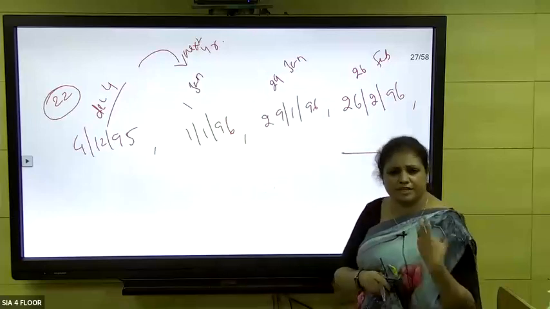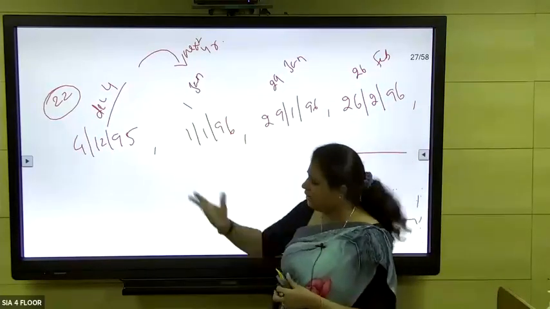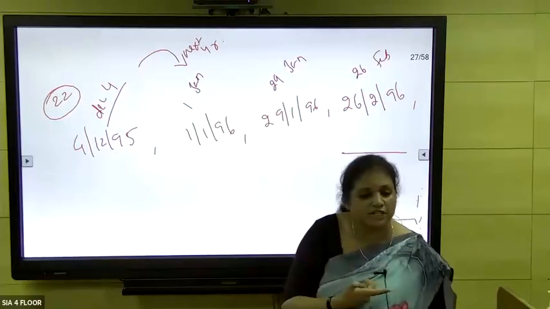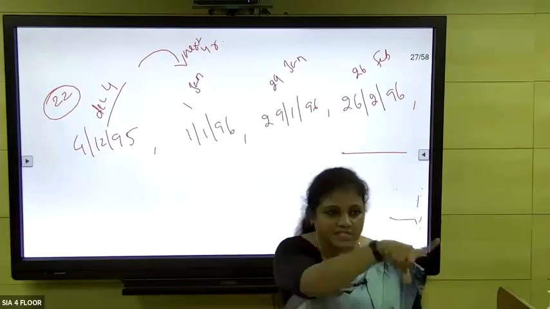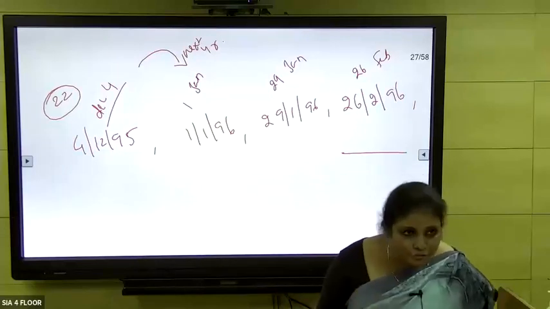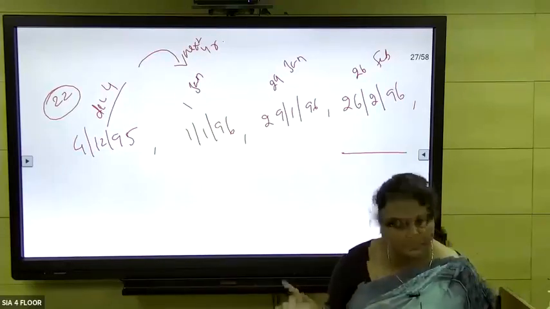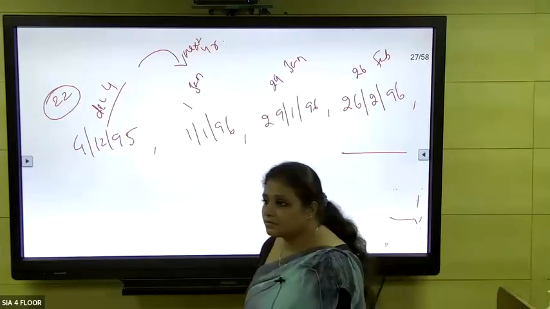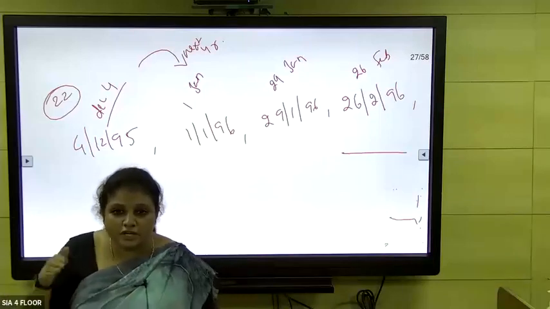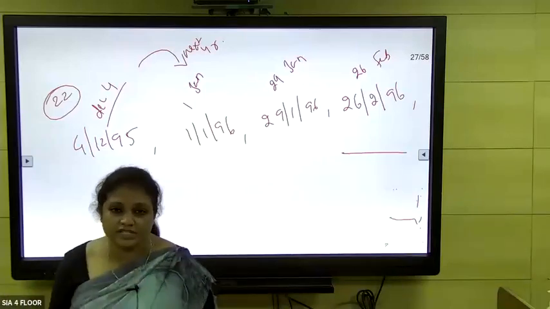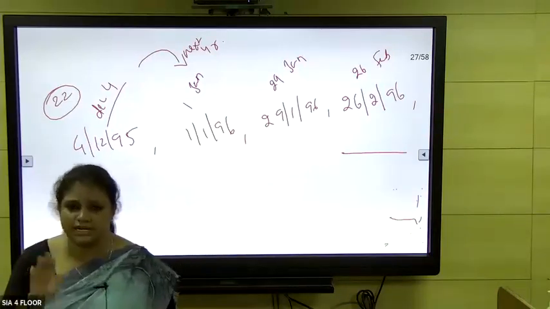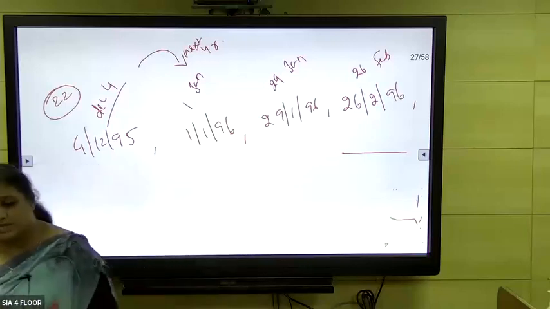You're just taking the difference. You can skip this fourth one, 4 and 1, and then take the number of days in between. Otherwise you can include both also, or you can skip one and include the other. Anyway, you'll get the same answer. Whether we include 4 or not, whether we include 1 or not, is your wish. Even if you skip both, you're going to do the same for the entire sequence. Even if you include both, the same. That doesn't matter. That will not make any changes to the answer.